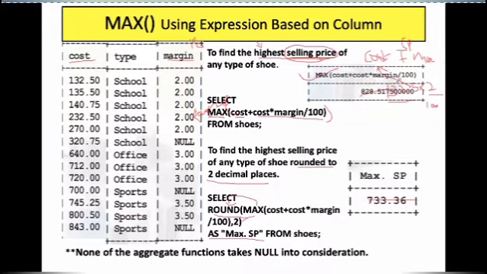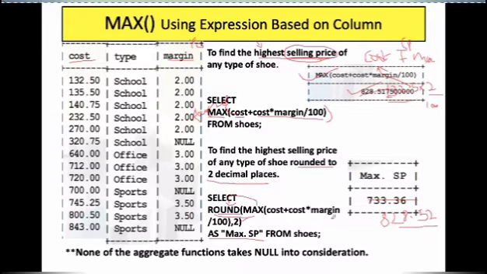Let us do the calculation from here. This was the maximum selling price which was coming. Let us apply the round function on this. So what will happen? 828.517. Now this 7 is greater than 5, so the output will be 828.52. So the round method is clear to you once again. This is just a demonstration of the round method. It has rounded off this value to 2 decimal places because we have used the round method here. I hope this is clear.